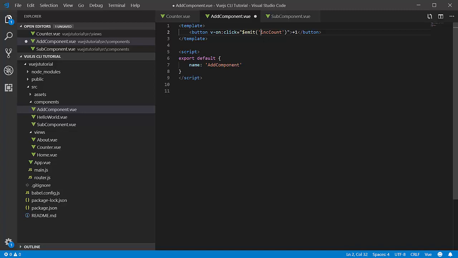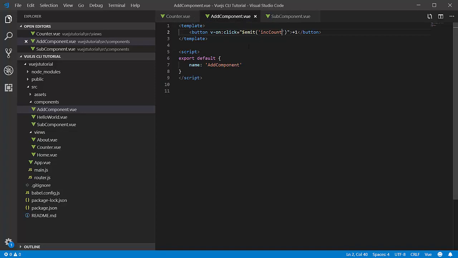So what this is saying is that when the button is clicked, we want to emit an event with the name increment count. And this event is going to be detectable by the add component in our markup, right? So you can think about this. If I had said emit click, then this would be like responding to the click event that's provided by default in JavaScript. So this is a way that we're allowed to define our own events. And so I'm going to just define this as inc count. It's not a great name for an event. It should actually probably be something like inc count click, but for now we'll leave it like this so that